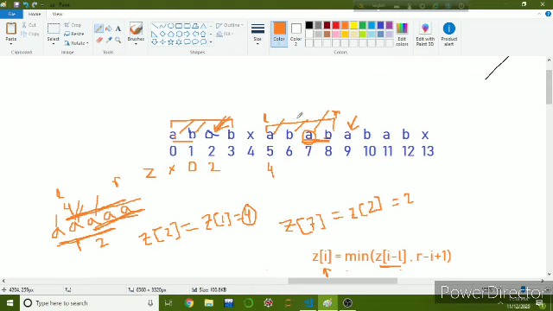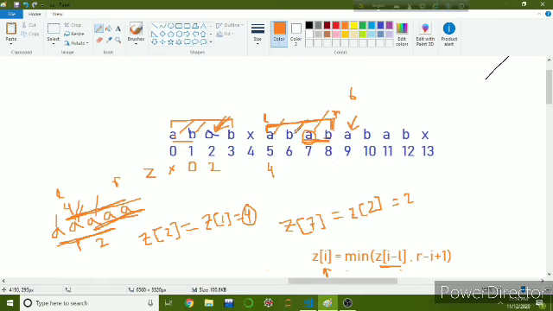We can see it from here: if this is the previously matched segment, then l is 5, r is 8. So this b is at index 6. What is the equivalent character? That is at index 1.